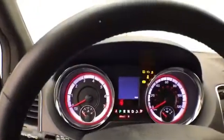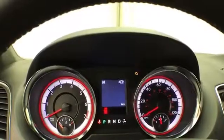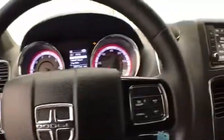This SXT has keyless entry with remote start, power windows, locks, mirrors, power driver's seat, along with the tilt and telescopic steering wheel to put you in that perfect driving position. Large, easy to read gauges with driver information system, operated by buttons on the steering wheel, cruise control,